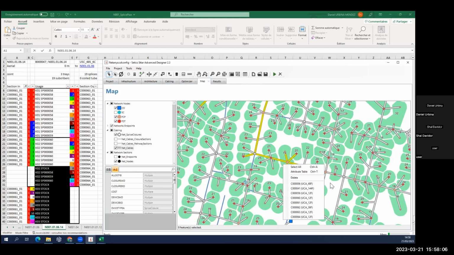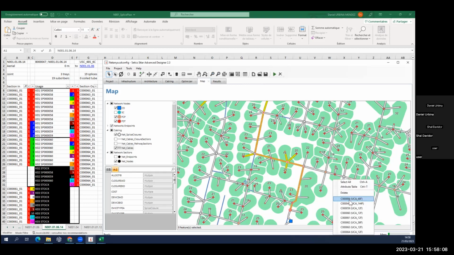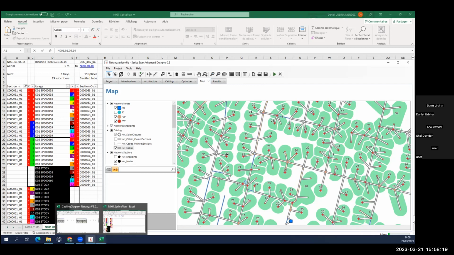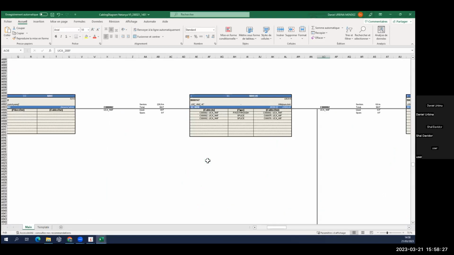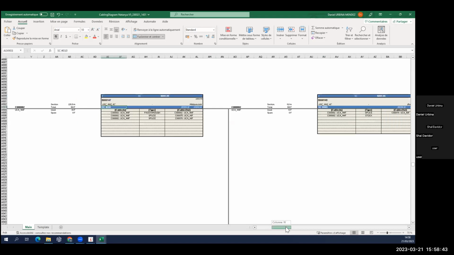Okay. Let's see the Excel map for the cable. The cabling diagram. Okay. Do you want to look for the same node? No, I want just to look at the cabling diagram. Yeah, go ahead. Can we do a search here based on just cables? We don't have the names of the FDTs or whatever. Oh yeah, we have them here. Control F. Yeah, but